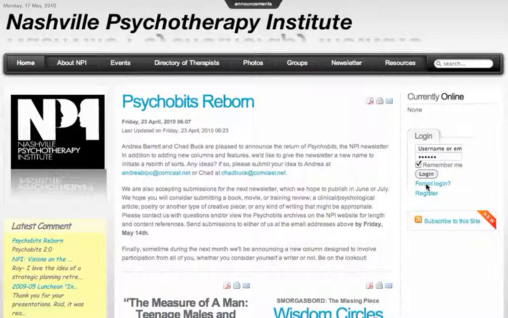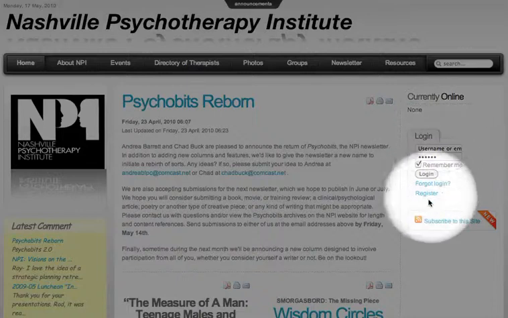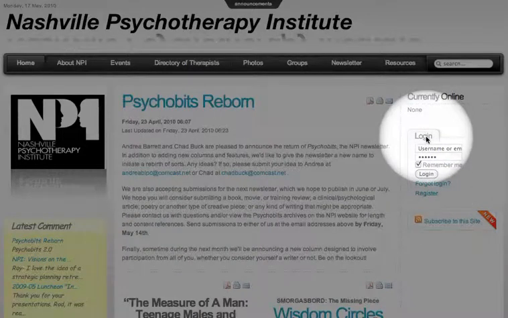the NPI website. The first thing you do is go to the front page. It won't look exactly like this. It looks different every time we change the lead article, but it will look somewhat like this. And you want to go over to the right side of the page, the login area,